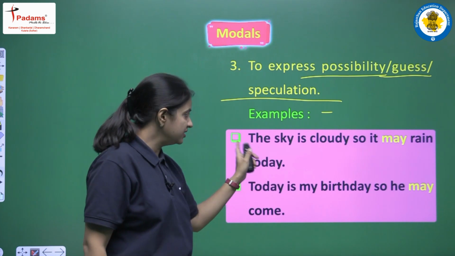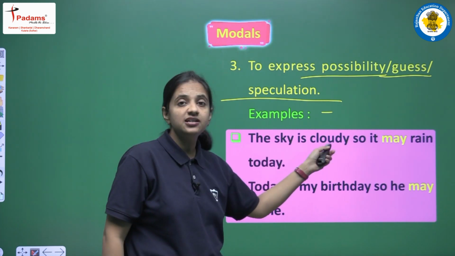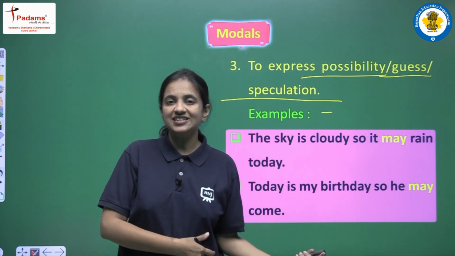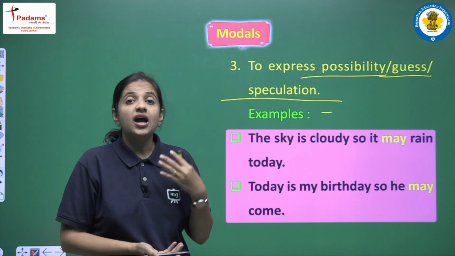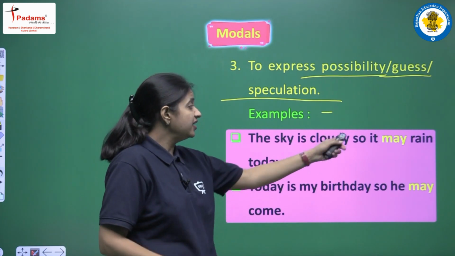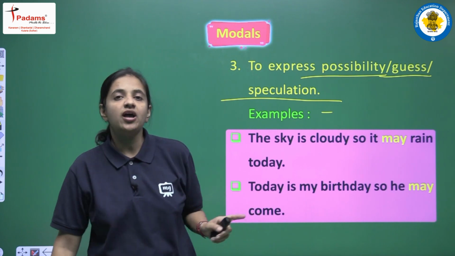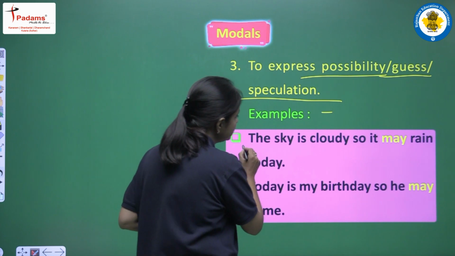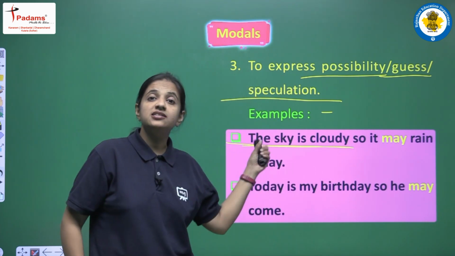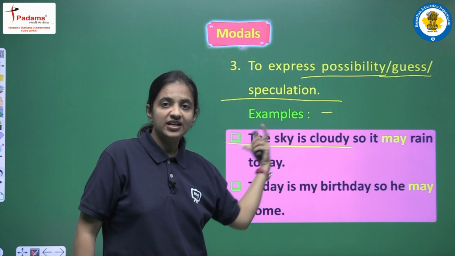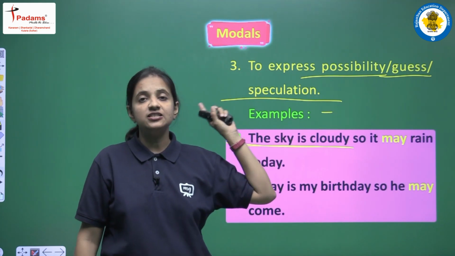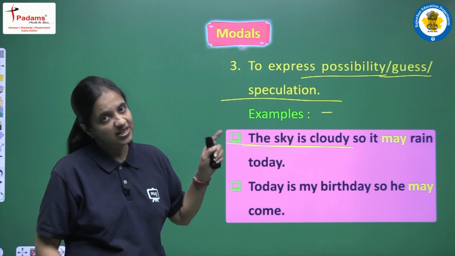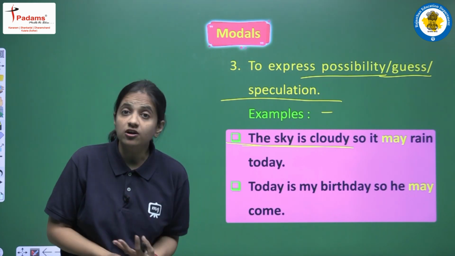First of all, we are having this sentence, we are saying that the sky is cloudy. It means there are so many clouds in the sky, and because the sky is very much cloudy, we are having the possibility that it may rain today. And yes, you have to observe that it is a very strong possibility, because we are having this sentence in the beginning that the sky is cloudy, and because of this clause, or we can say this phrase, we can say that it has a very strong possibility that it may rain. So yes, may is used to show very strong possibility.